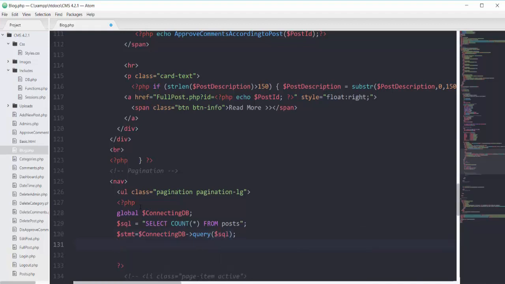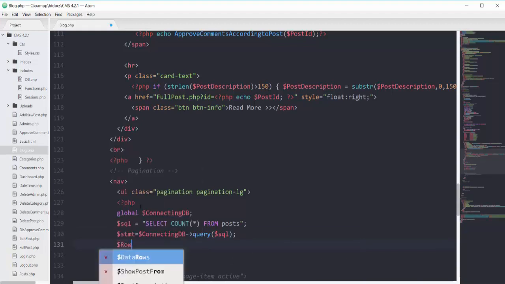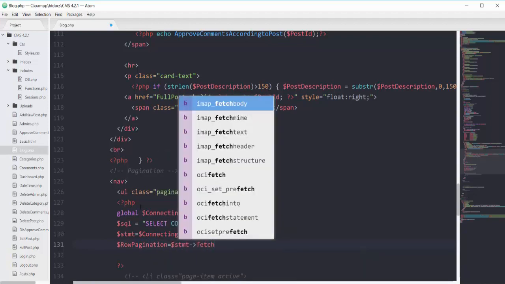Then on the next line we will have another variable with the name of row pagination that will use our stmt and call the fetch method.